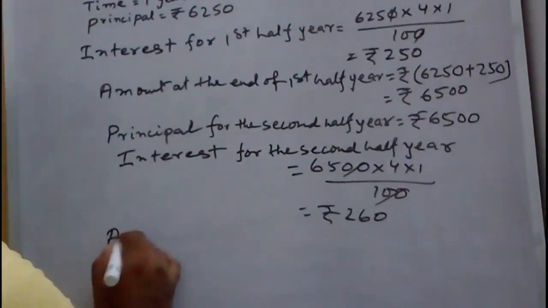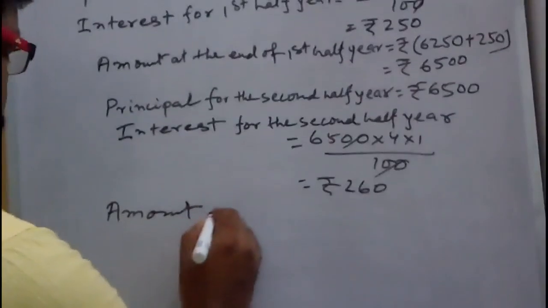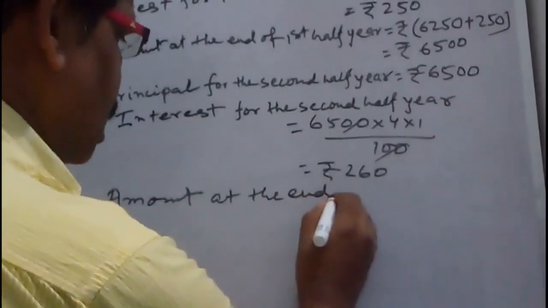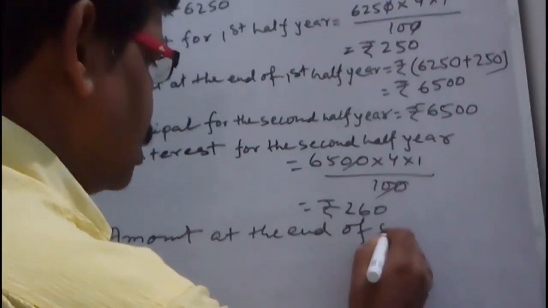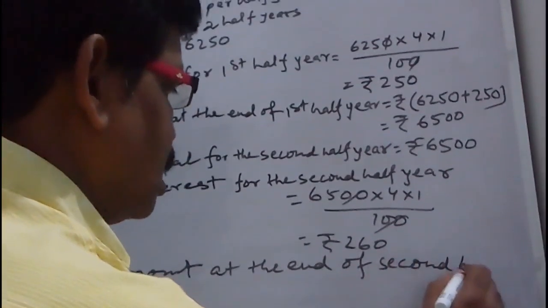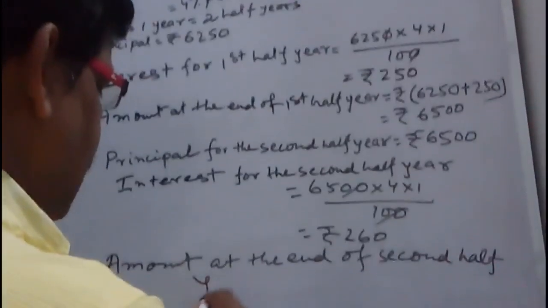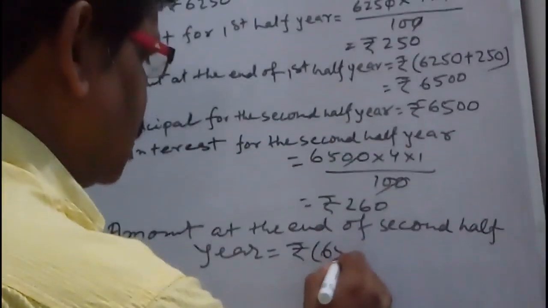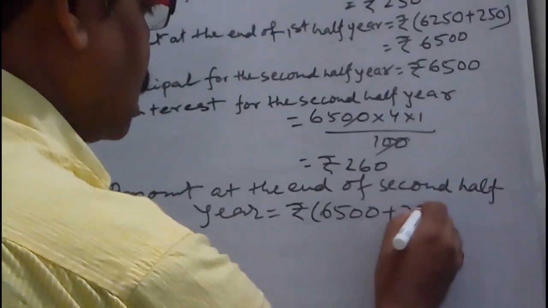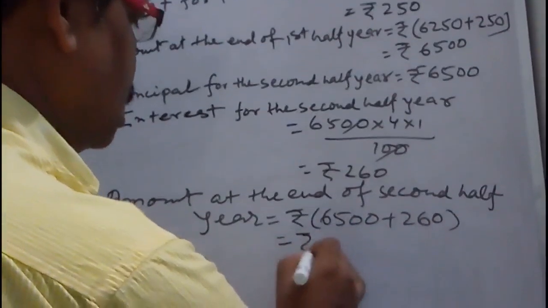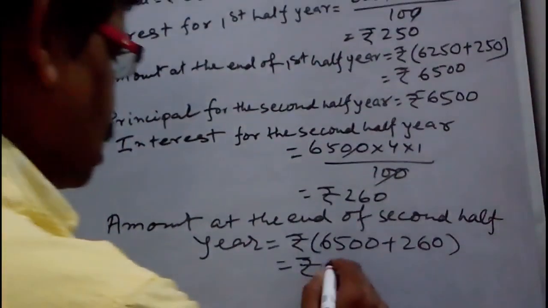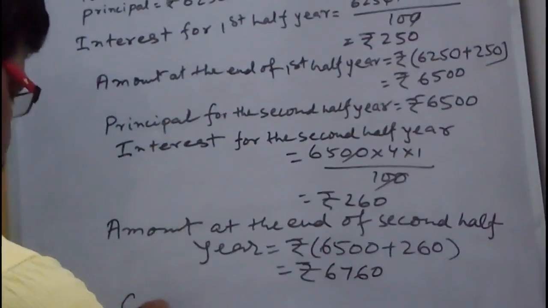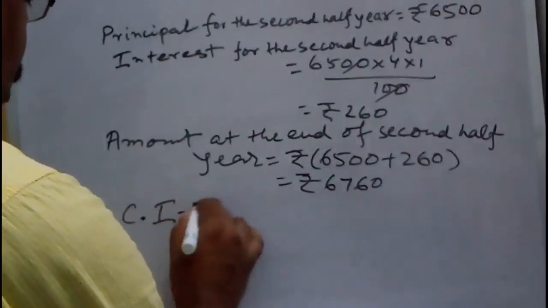Now amount at the end of second half year equal to rupees 6500 plus 260, add these two, 6760. Now compound interest equal to rupees